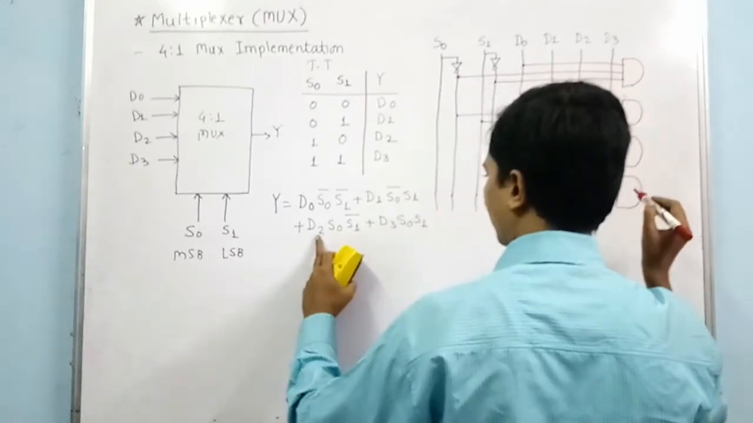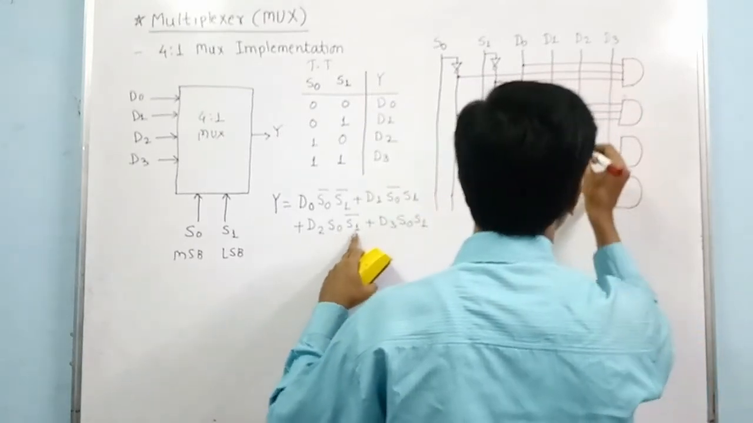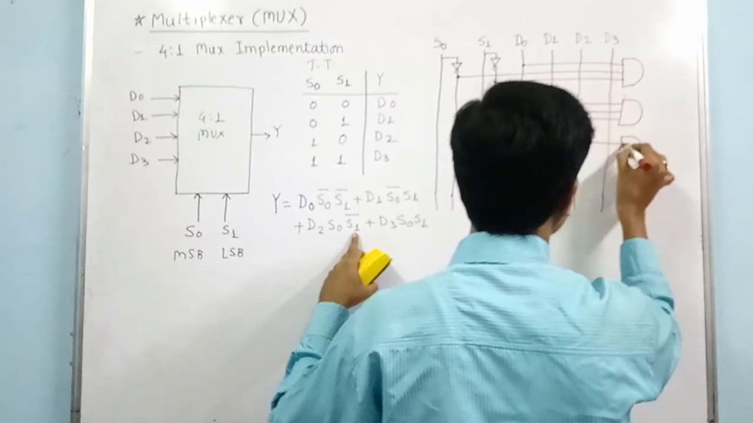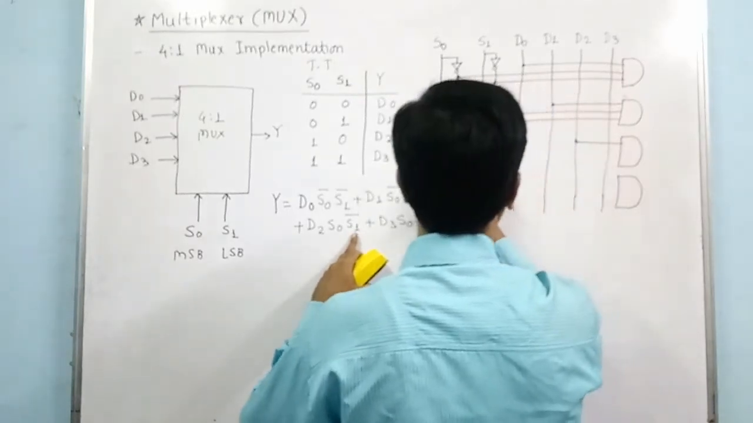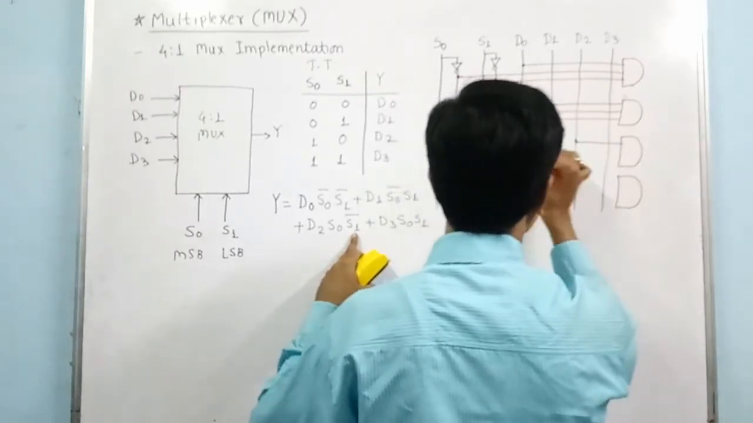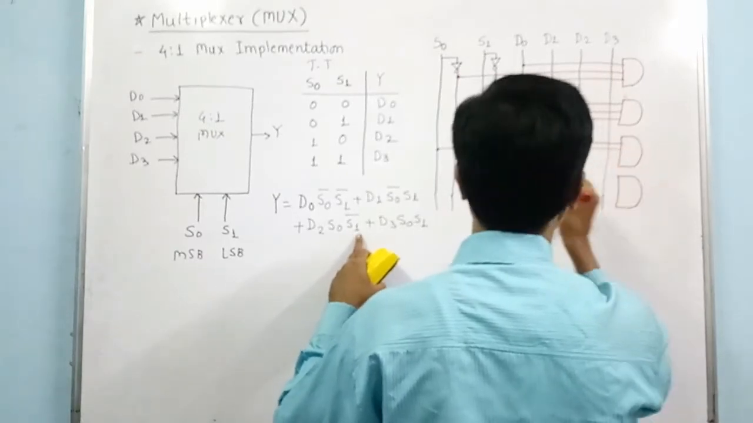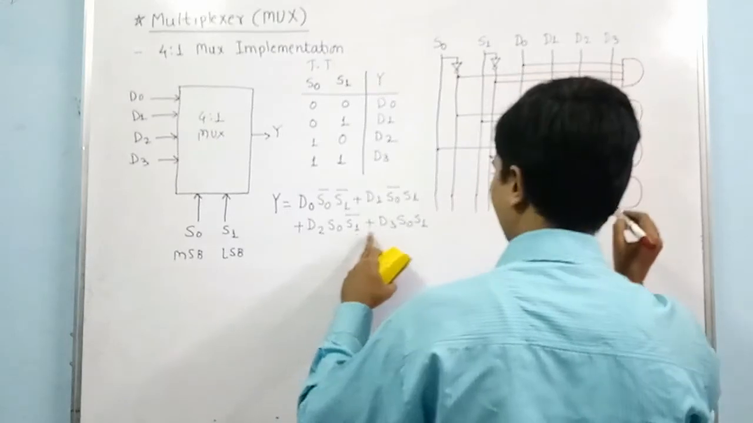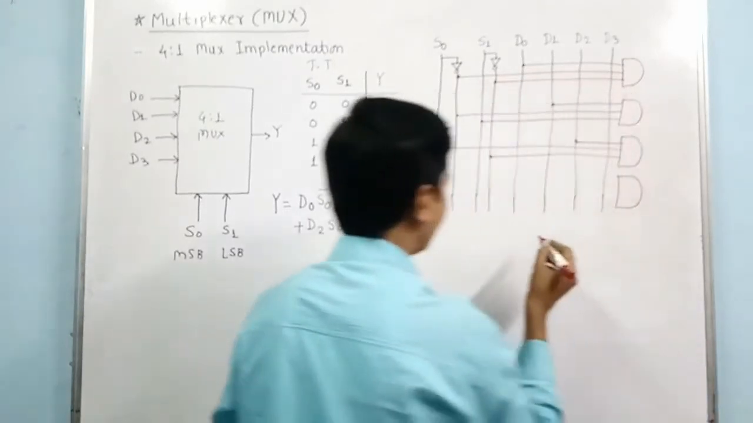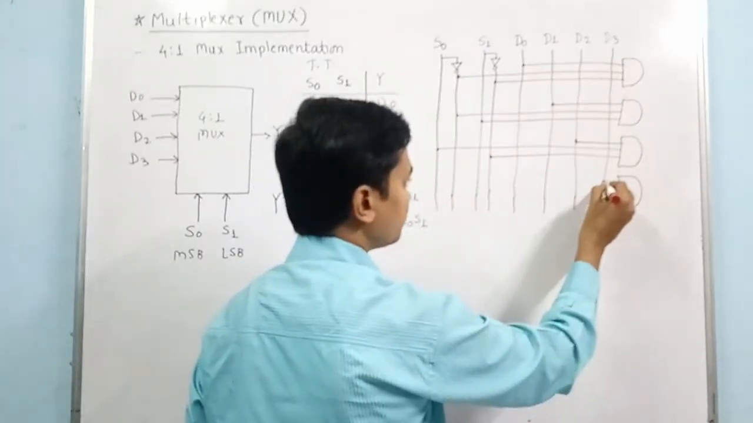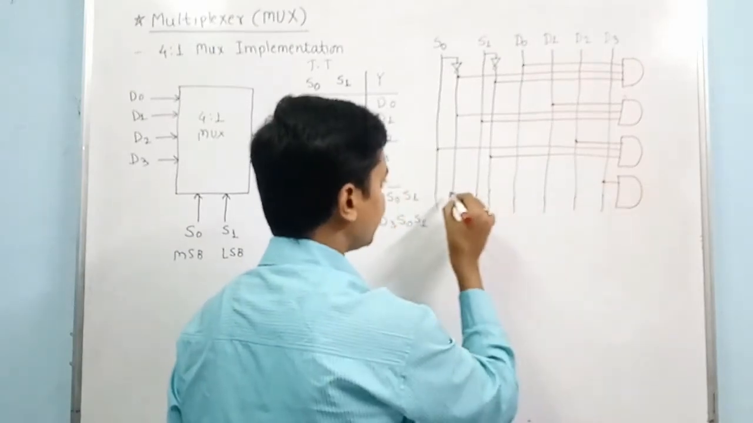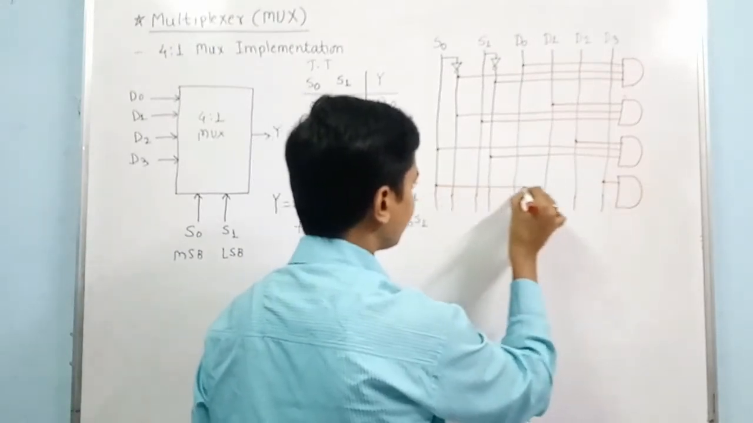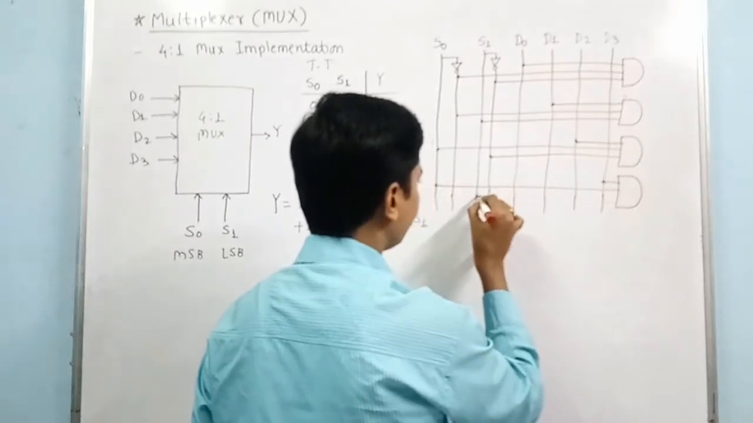then D2 S0 S1 bar, so D2, S0, that is normal line, and S1 bar means take from the complemented line, then D3 into S0 into S1, so D3, S0 into S1, so S0 into S1,